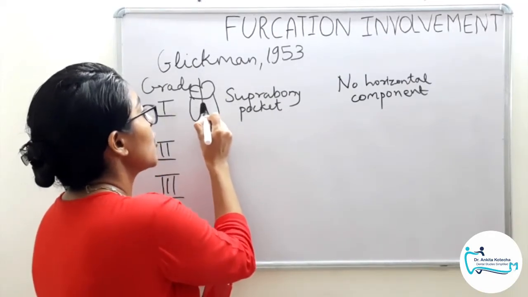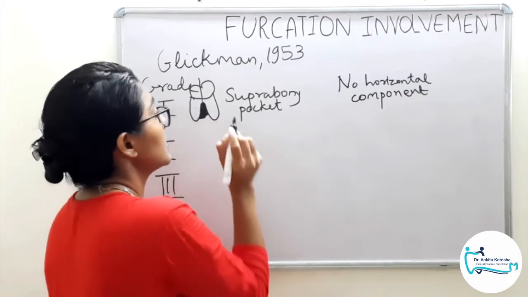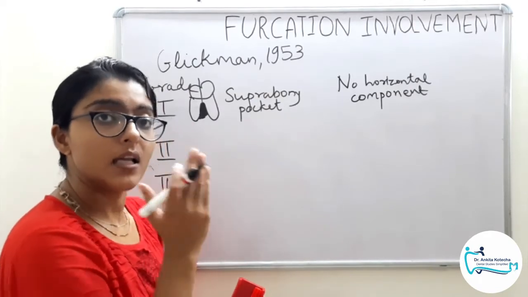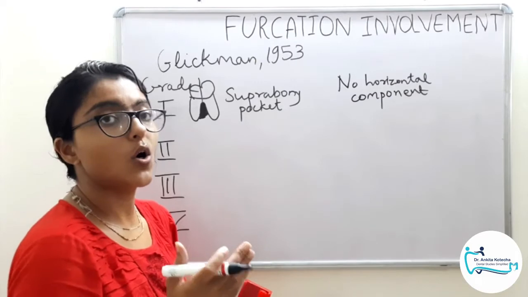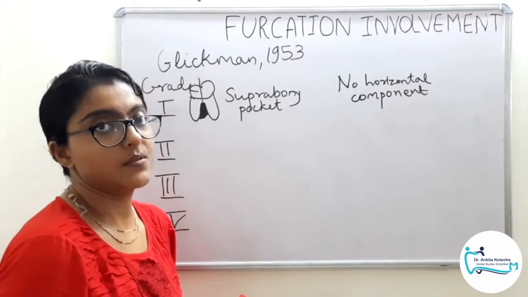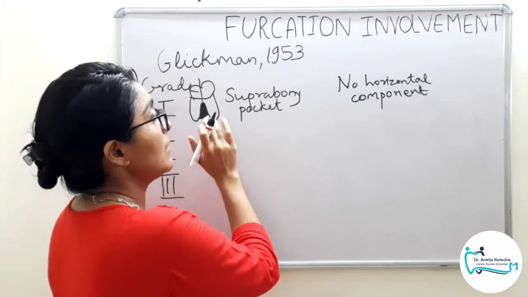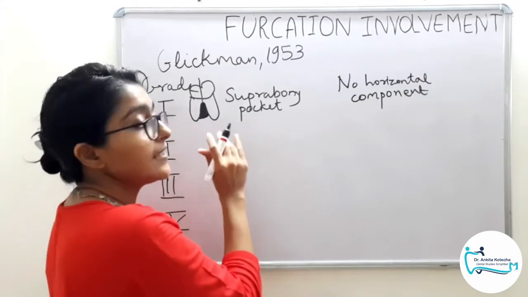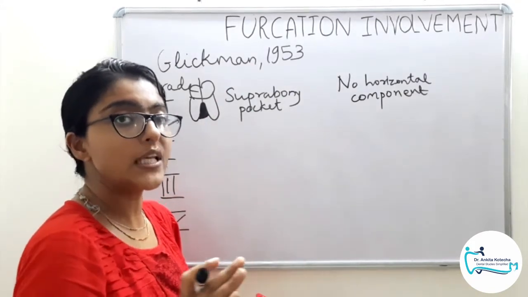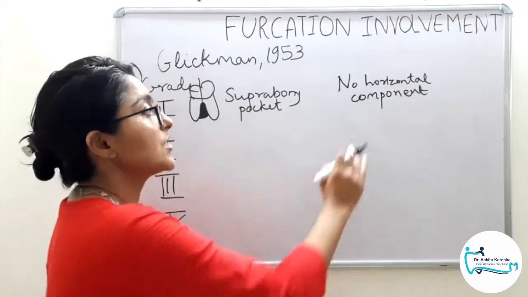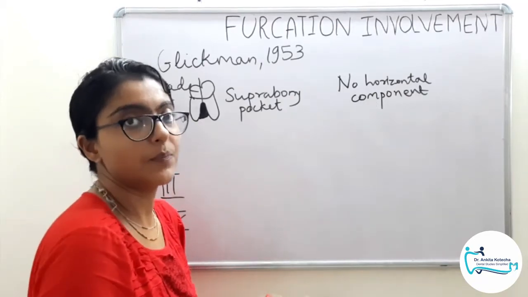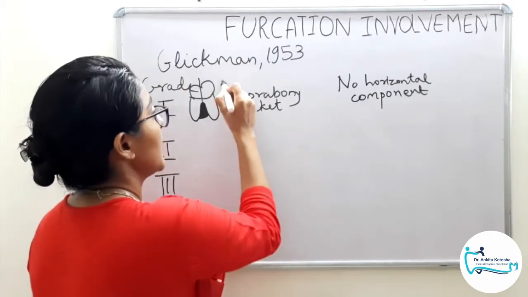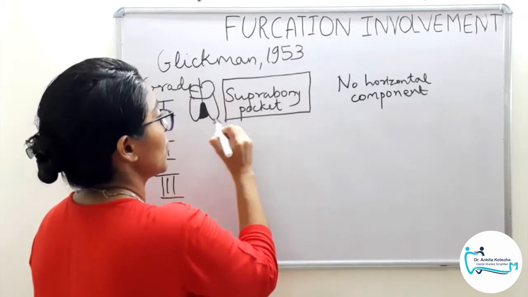And this is evident on radiographs as well. There are various methods to assess furcation involvement. We are discussing the clinical assessment, but clinical assessment is always supplemented or in adjunct with radiographs. Clear? So if we take a radiograph of a grade 1 furcation involvement, according to Glickman, we will find intact interradicular bone, that is absolutely no bone loss in the interradicular region, which gives zero horizontal dimension. Clear? So the feature of grade 1 furcation involvement is only a suprabony pocket.